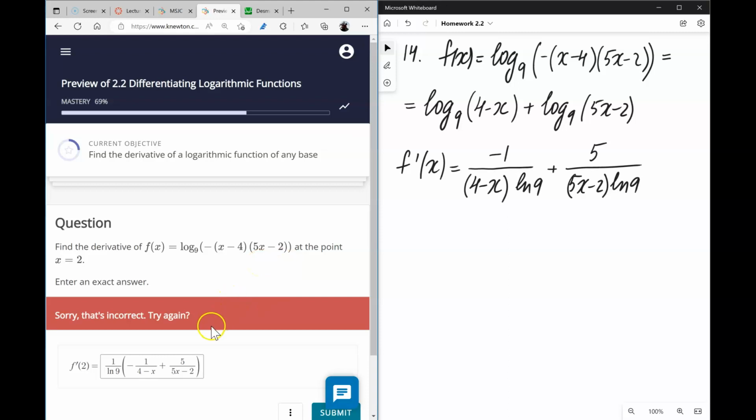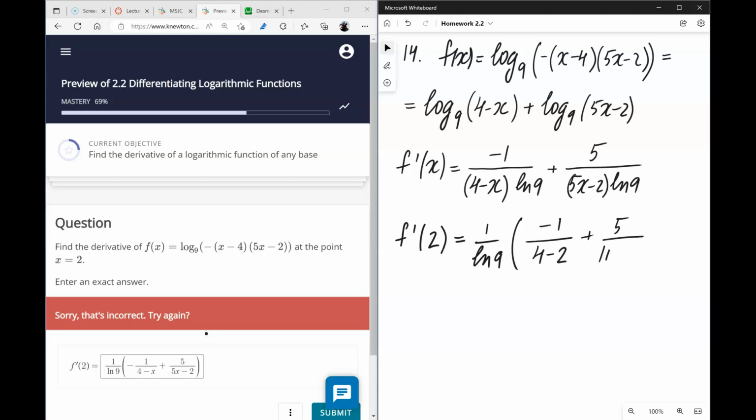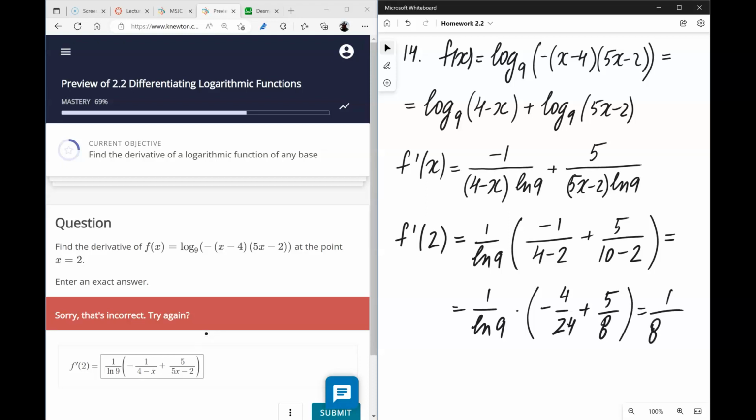Oh, we had to evaluate the function at 2. I forgot to read the question. So we have 1 over ln 9, and now evaluating it at 2 gives us this, plus this. So we have negative 1/2 plus 5/8, so matching the denominators, we just get 1 over 8. So the final answer is